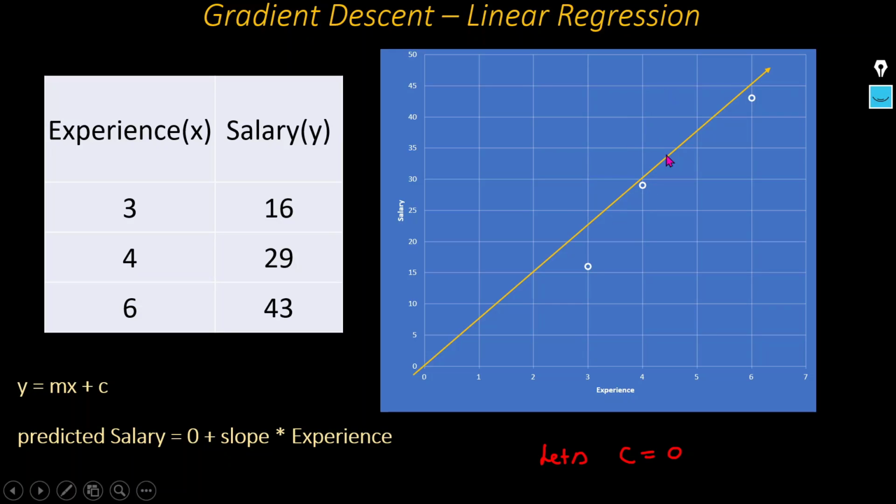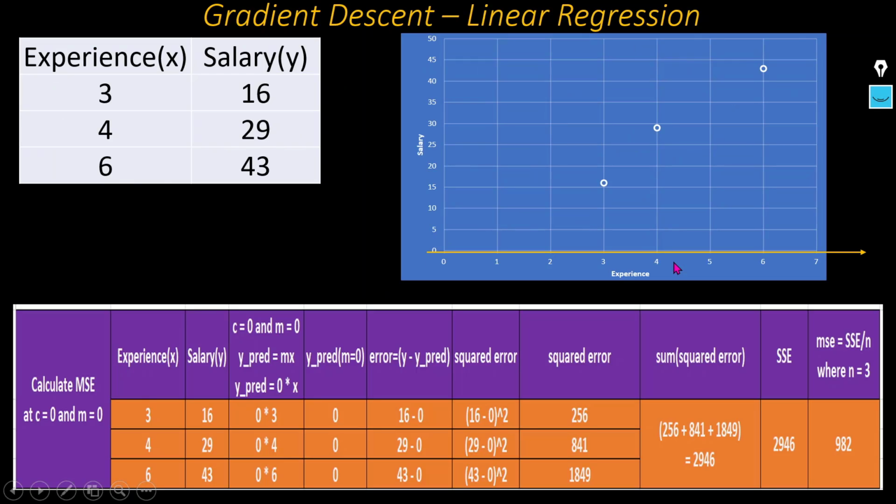For that, we also have to calculate the squared error, which means the sum of squared error. That is y minus y hat, meaning the actual value minus the predicted value. So we have to calculate the SSE. Then we can decide at which m we get the best fit line. So here I am calculating the sum of squared error. And how can we calculate the mean squared error? It is 1 divided by n times the sum of squared error.